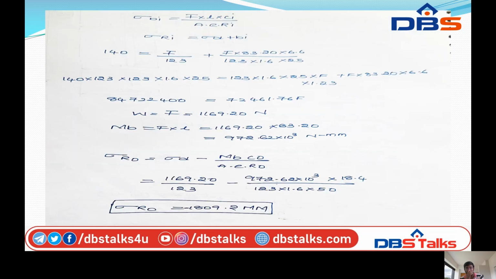So next we can calculate the bending moment, sigma Bi. Sigma Bi is equal to F into L into Ci by capital A into small a into Ri. So sigma Ri is equal to sigma d plus sigma Bi. So sigma Ri equal to 140,